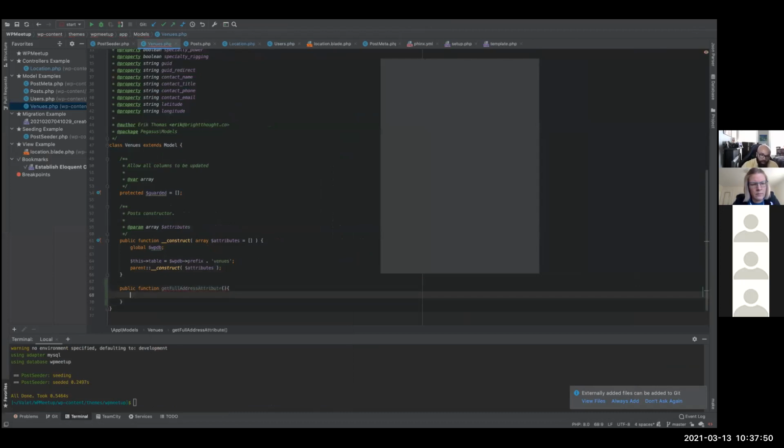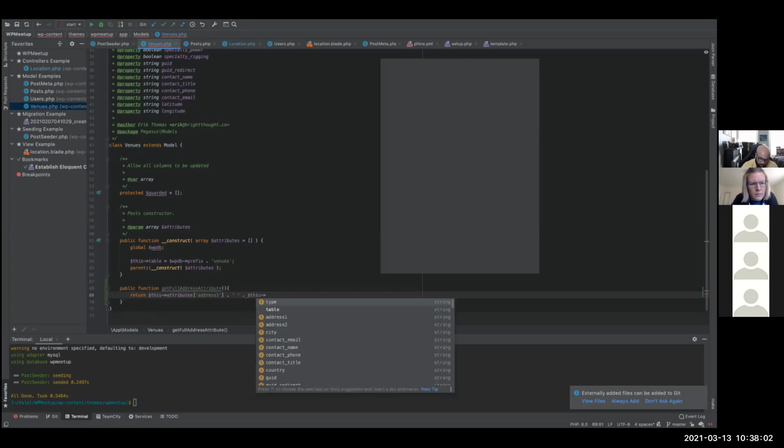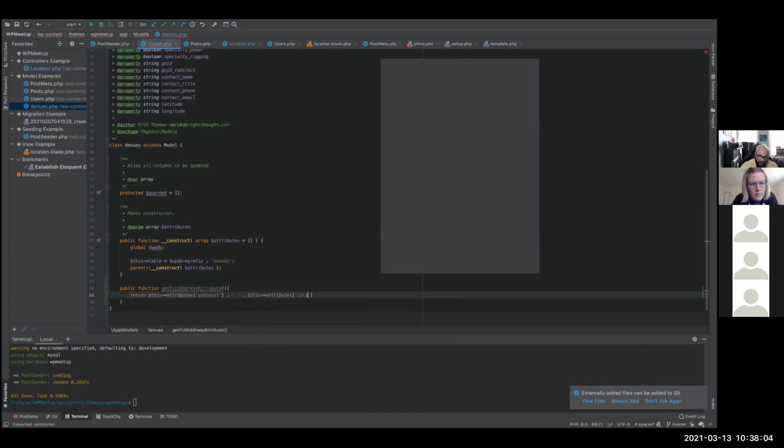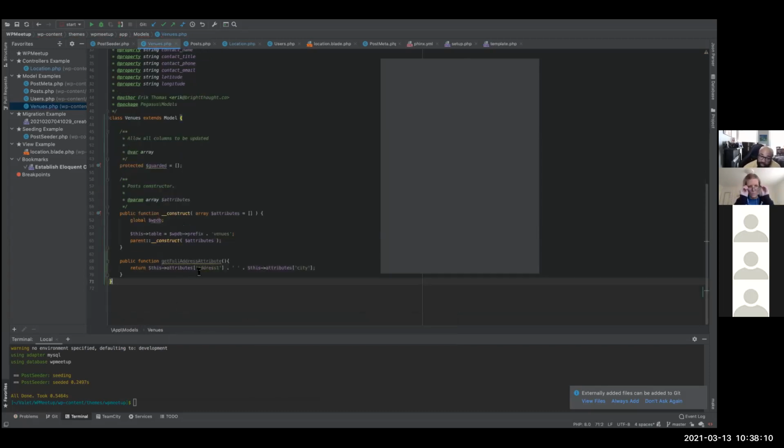attribute. So now, if I do attributes, address one was one column, then I come here and do attributes and city. Basically, all this does is combine that address one column and city, and it does it every single time I call full address. I never have to call these separately ever again if I want full address, just by doing this simple line right here. And it'll work every single time. And then if I ever need to change it, say I didn't want address one anymore, I wanted address two, I just come here and change that, and it changes it everywhere in the site that I use this.